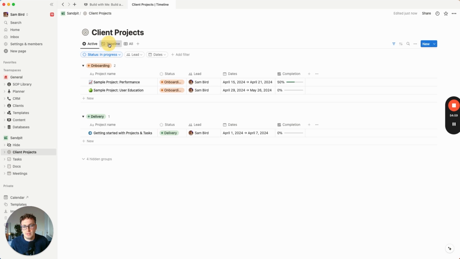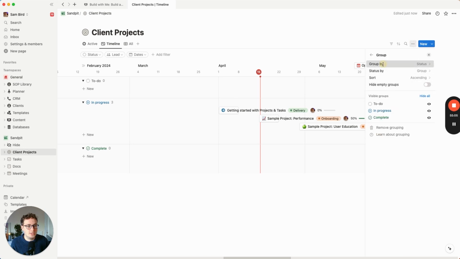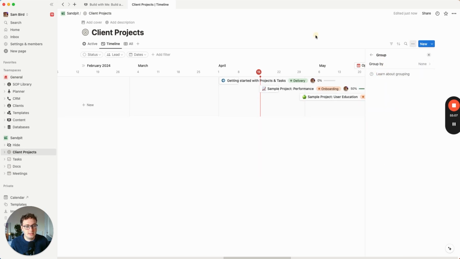So first of all, we have this timeline view, which I think is great. And I'm just going to simplify this slightly. So I'm just going to change the grouping just to say that it's not grouped by anything. And then we can see the stage, we can see who the lead is, we can see the current completion. And so that's great for me just to get a bird's eye view of what the projects are that we